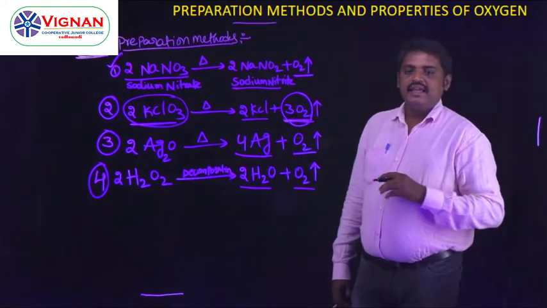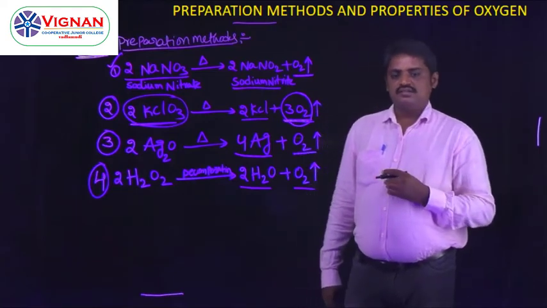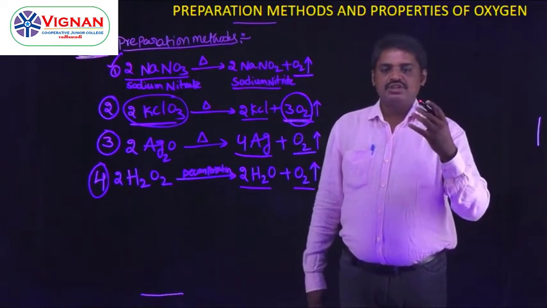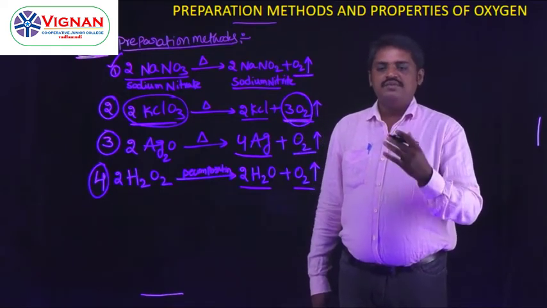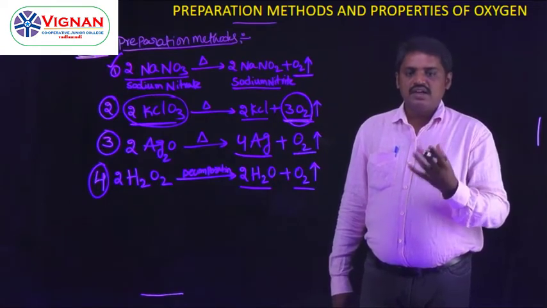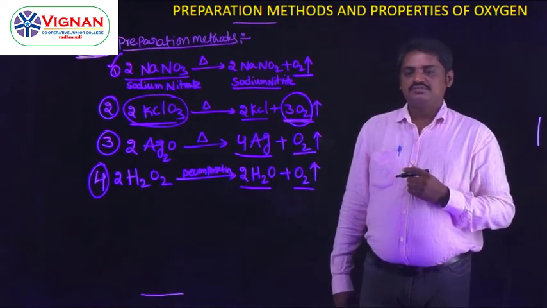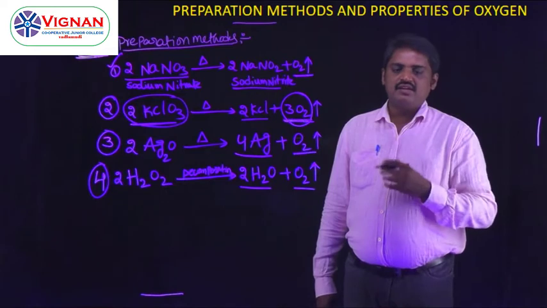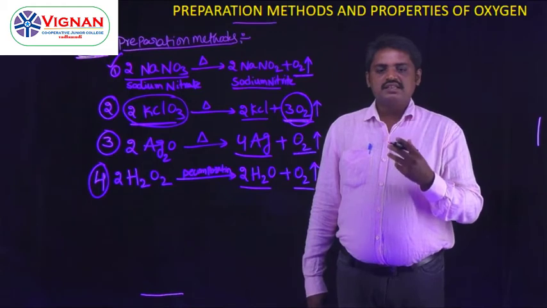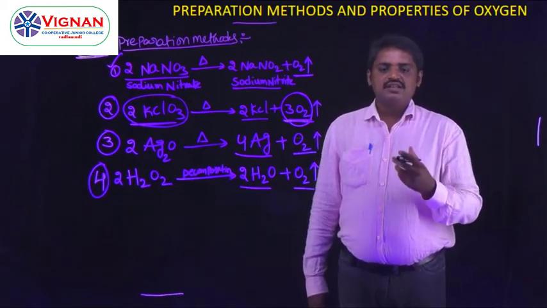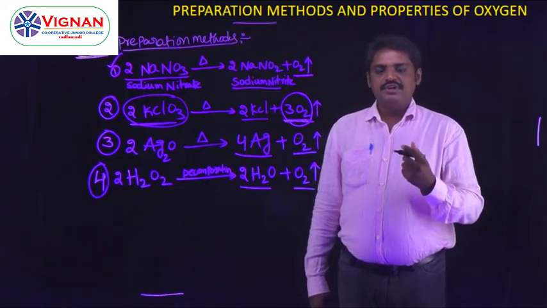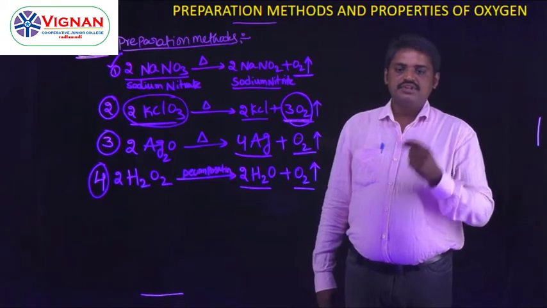And the electrolysis of water. In that process, oxygen is liberated at the anode. That is one of the important preparation methods. The electrolysis of water involves platinum electrodes. At the anode, oxygen gas molecules are liberated. That oxygen is of high quality. That is one of the important preparation methods for dioxygen.